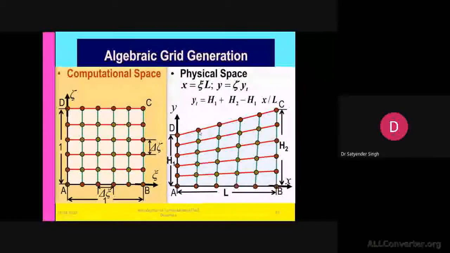Let's say if you have to create this line and this line also, then they must provide some coordinates with respect to x or y. Then xi and zeta will provide you the values accordingly. They will change according to your computational domain and provide the same number of nodes. Let's say you want to provide 1, 2, 3, 4, 5, 6 nodes in this vertical direction, and here also the same number. Then quadrilaterals will be formed, but they will sometimes not be perfectly orthogonal. This transformation can be provided using the transformation function.